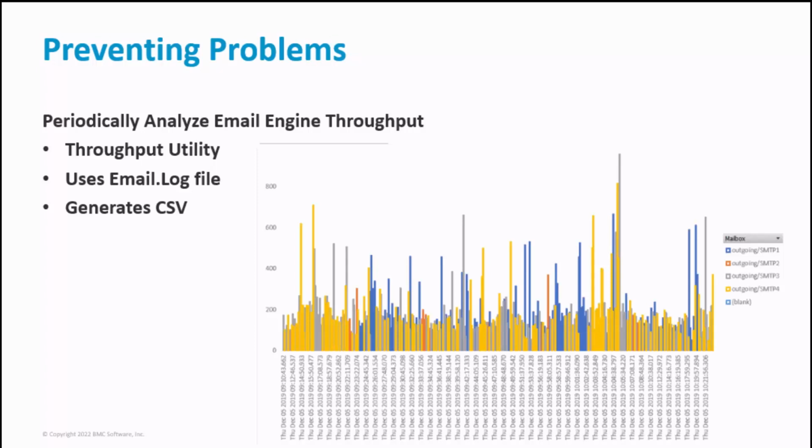In the image that I've shown in my test environment, you can see that I quickly threw together a chart. I just dumped the CSV file into Excel and created a chart to monitor my 4 outgoing mailboxes. You can do the same thing, just enable Finest Logging for your email engine and then let it collect the logs for a time frame that you want to analyze. Then just run the utility against that log. And it's a great way to see if your email engine processing rate is meeting your demands or your future